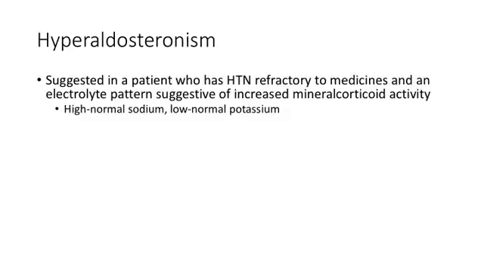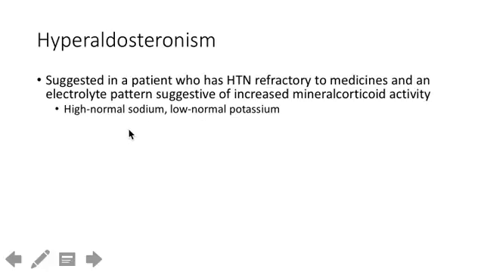So the last thing we'll go through here is increased aldosterone secretion. So this is actually a relatively more common source of hypertension than you'd think, about 14% according to what I just read. But it's somebody who has high blood pressure that has just not responded to medicines. And you look at their electrolyte panel if they give it to you, if you're lucky enough, and their sodium level's normal, but it's probably at 143 or 144, pretty high normal. And the potassium level is probably 3.5, right there on the low cusp of normal as well. And that to me would suggest that you might have an increased level of aldosterone.